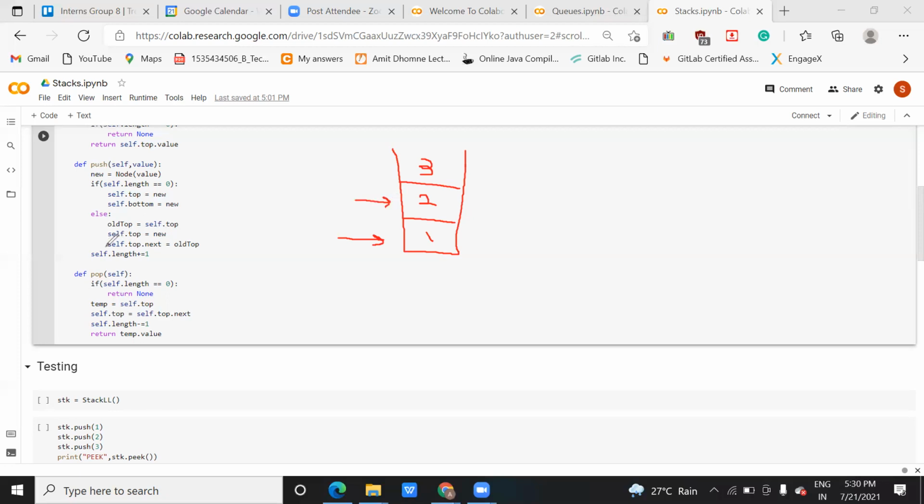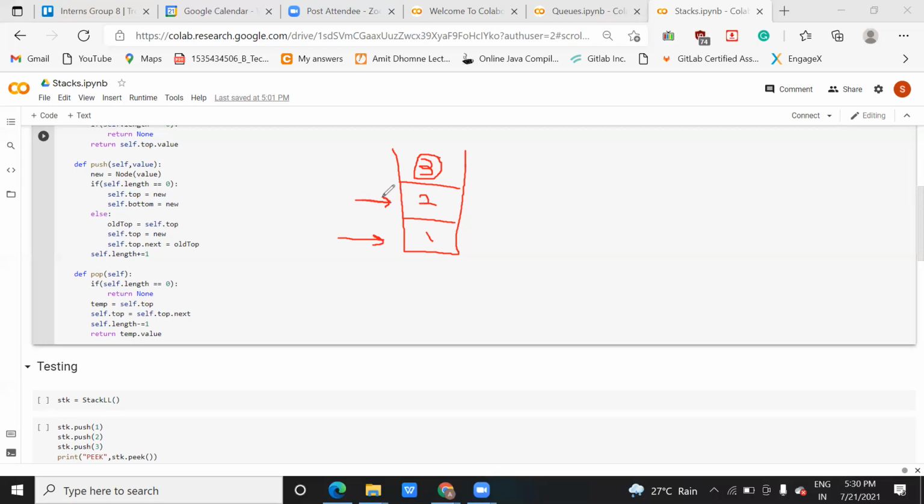Next thing you are asking me, self.top.next will become old_top. As you know, suppose there are multiple elements here, right? In that case, however many next elements there are, they will all be the old top. Suppose this is what you inserted, this will become your current top value. Then these two will obviously become the old ones.